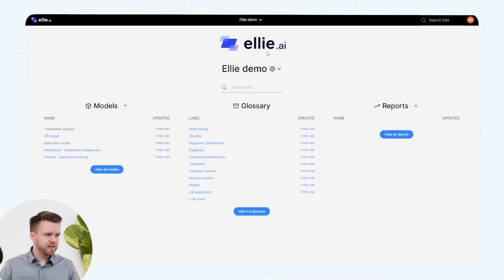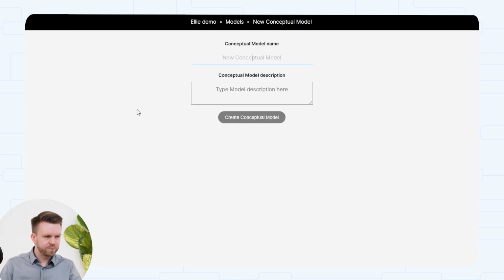Now we will jump into Ellie and start figuring out this domain with a conceptual model. So here we have Ellie open. Now this is our demo account. We have a bunch of models already existing. There's glossary items here. And we'll start with an empty model to figure out our domain with our business experts. So we'll start here with a new model, conceptual model for this business part of things. And this is going to be called our